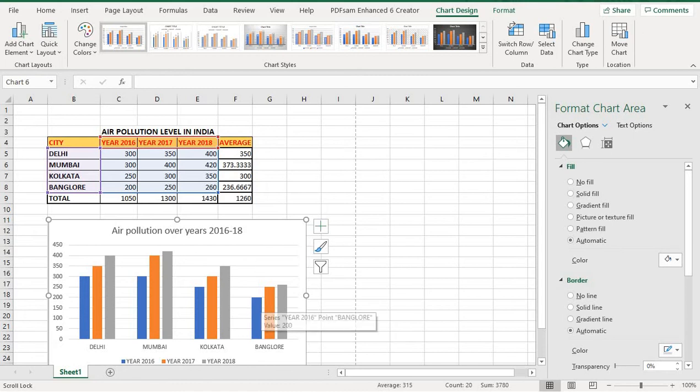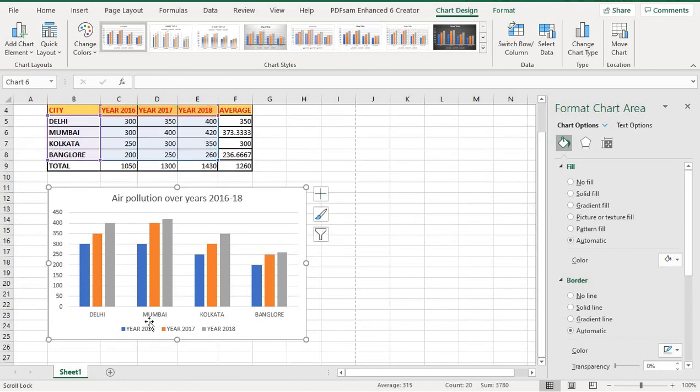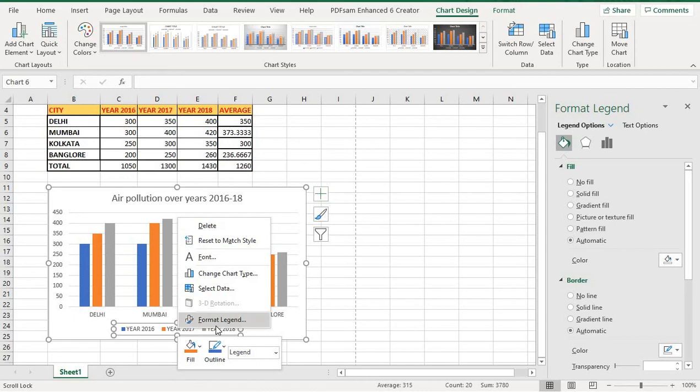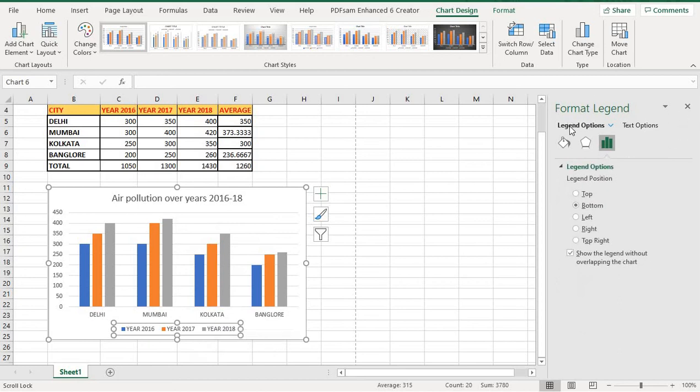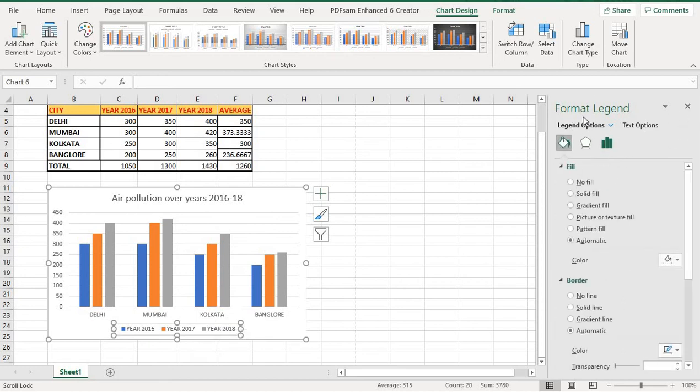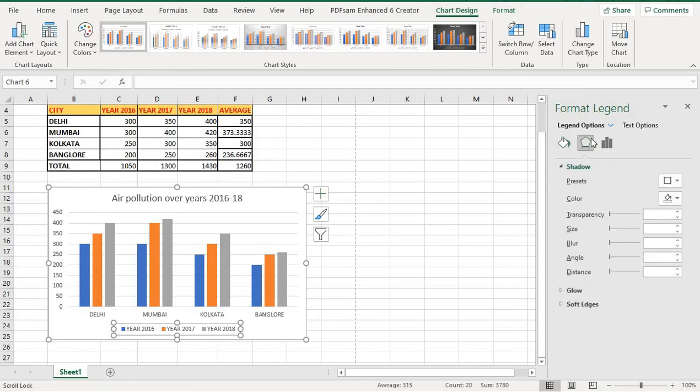Now if you want to format the legend, what do you have to do? Click on the legend. This one is the legend. Right click on it and go to Format Legend. Click on this. The Fill tab is also selected. You can add a border and a shadow.